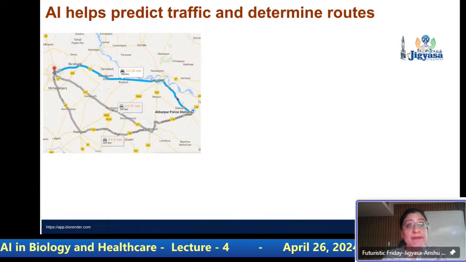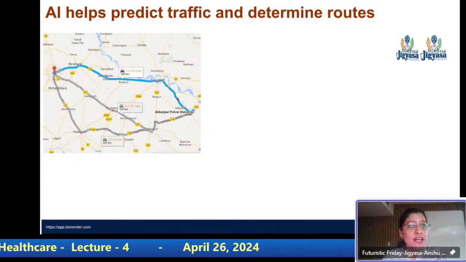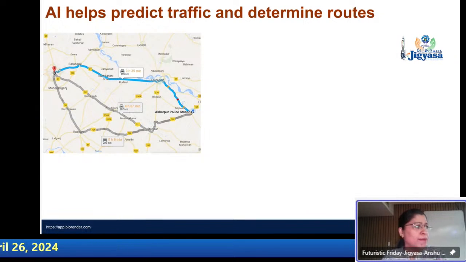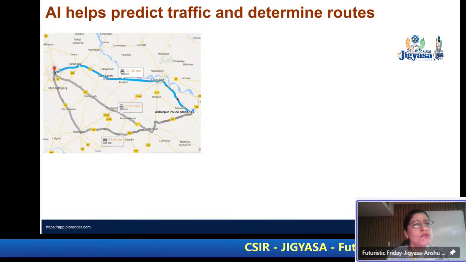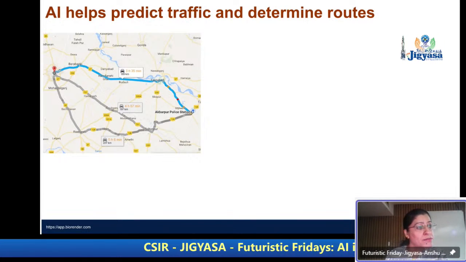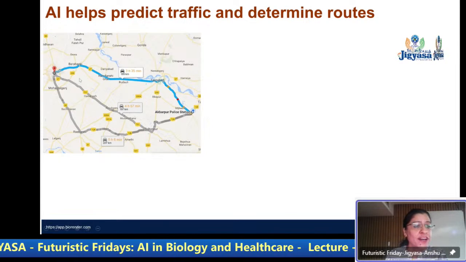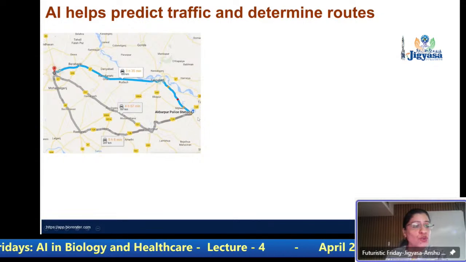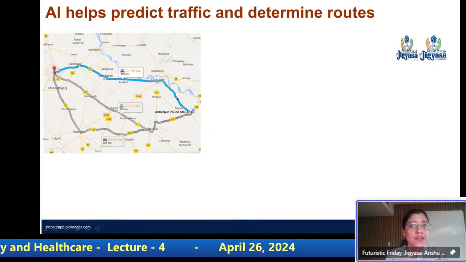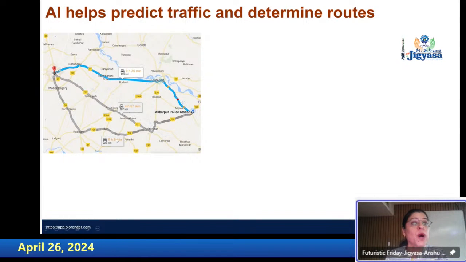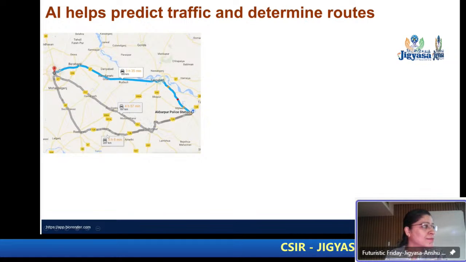And for the kids here, you have seen your parents looking at their mobile phone saying, okay, let's start now, it's going to take 30 minutes. The Google Map is saying it's going to take 30 minutes, right? How does Google know how much time you will take to go from one place to another? If you look here, it is actually telling you 3 routes to go from one place to another, right? One is showing 3 hours 35 minutes, another 4 hours, and another 5 hours. From where is Google getting these estimates?